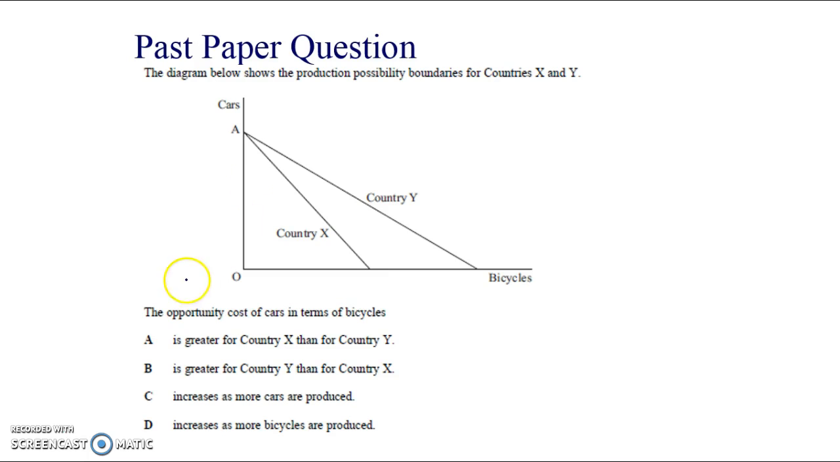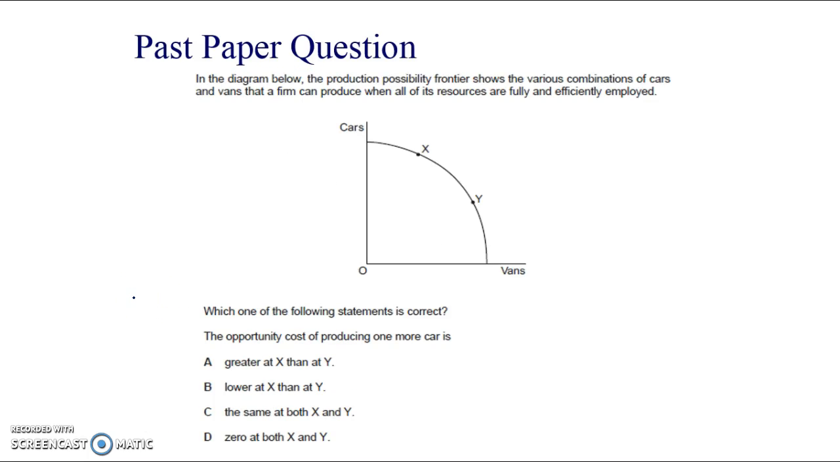So here are a few past paper questions, and these can be quite difficult. I've picked out two of the most difficult past paper questions. I'll go on to this one first, which looks at the opportunity cost of producing one more car in terms of vans. So what I want to look at is both of these points. I need to set up my curves there. So this is car Y, and this is van Y, and at X, this is van X,